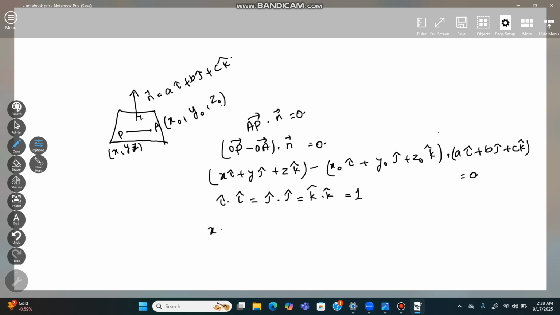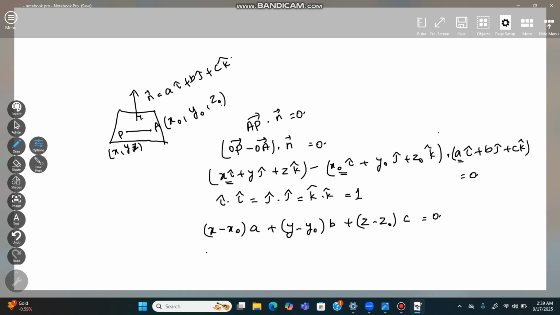Now opening this, x minus x naught times a, because this xi and this x naught i put together, taking dot product with a, is going to give me a times x minus x naught, and i dot i being equal to 1, I am just going to write it as x minus x naught times a plus y minus y naught times b. Again, the same thing happens for the j component also. And the last one, z minus z naught with the c coefficient,